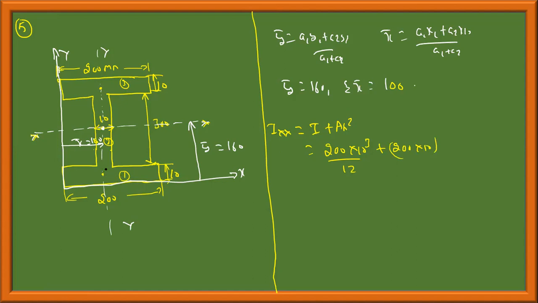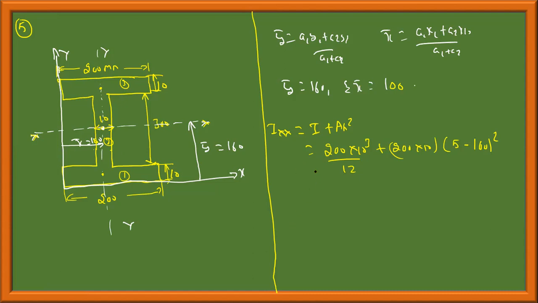From here to here, from this centroid to this centroid. Therefore, let me write this as: this is 10, half of it is 5, minus 160. Are you able to understand this? 5 minus 160 or 160 minus 5, it's one and the same. When I say h square, I am calculating the distance from centroid to centroid, from the first section's centroid to the centroid. This distance is 10, half of that will be 5. 5 minus 160 will be my distance, 155 mm from centroid to centroid.